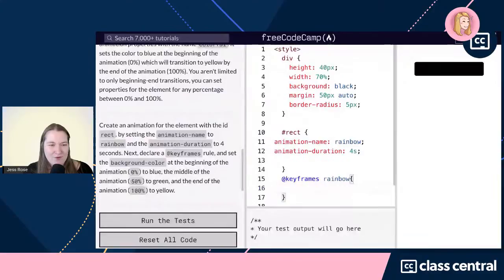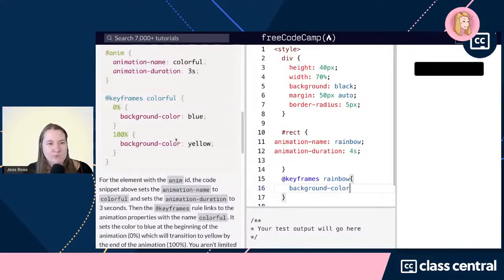At keyframes rainbow, set the background color to... Oh, I see. You can tell I did not review this before I came to join you all. So 0%. So when we first start this,